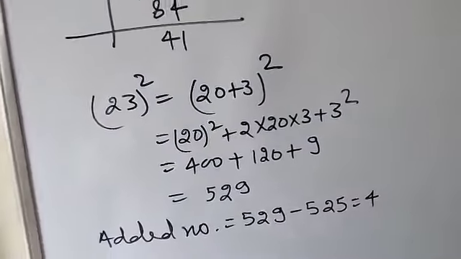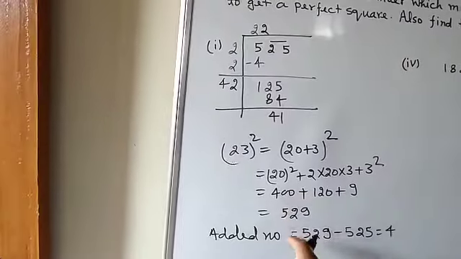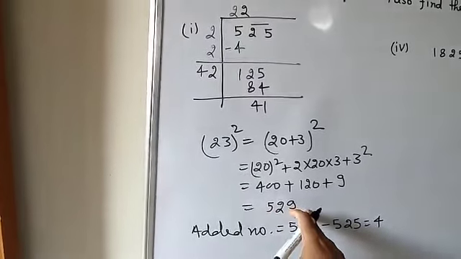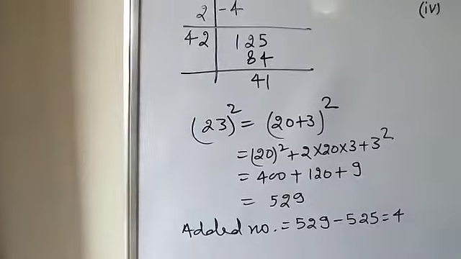525, it is equal to 4. So if you are going to add 4 to 525, the number will be 529, and 529 is a perfect square number, and its square root will be 23. So here you will write that